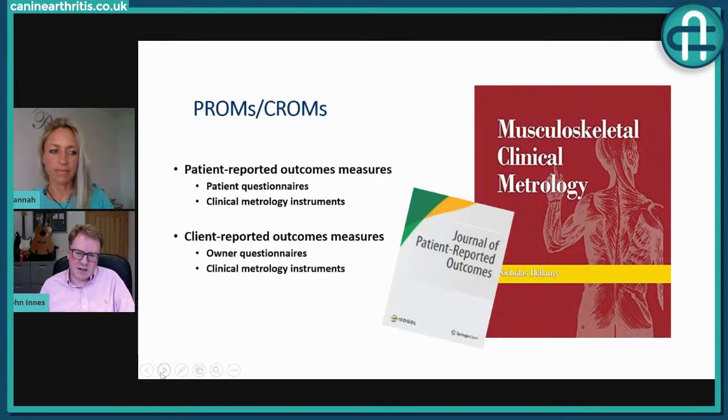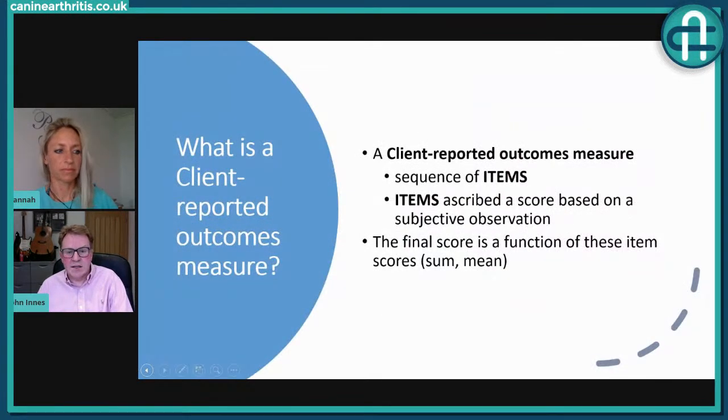And this is a whole science. There's textbooks written on this. There's even a peer-reviewed journal about this in human medicine. It's a big deal in the NHS now to collect patient-reported outcomes measures. So we're a little bit behind in veterinary medicine, but it's accelerated recently. So we'll talk a little bit about this, because this is where pet owners really become involved and partnering with veterinary professionals in terms of deciding how bad the problem is. So we can probably move on to the next slide, I think.